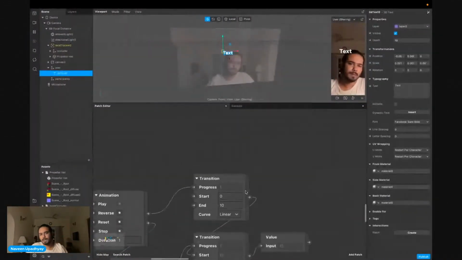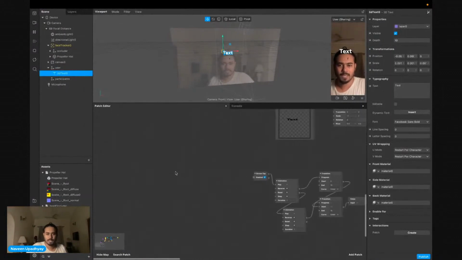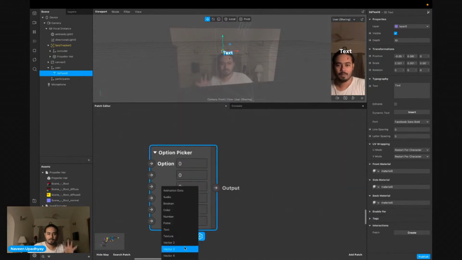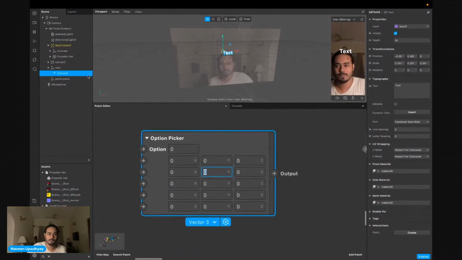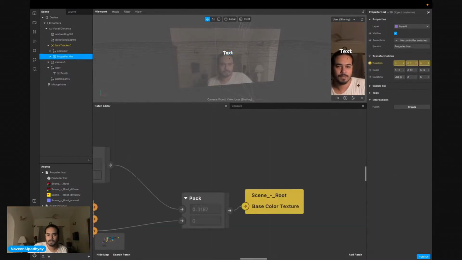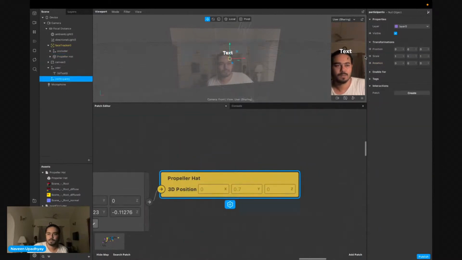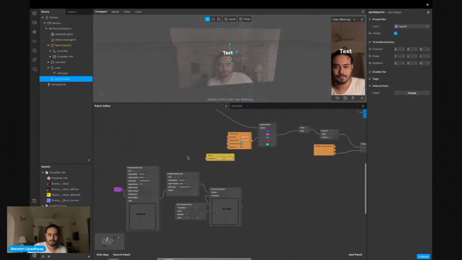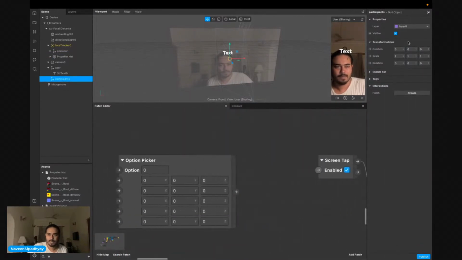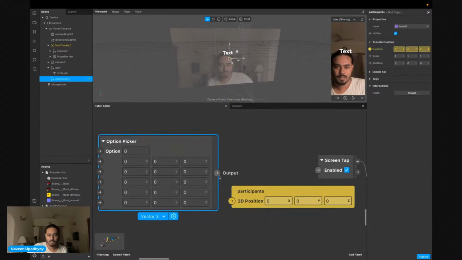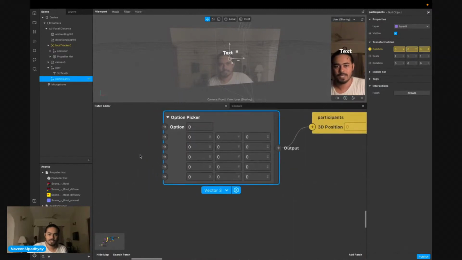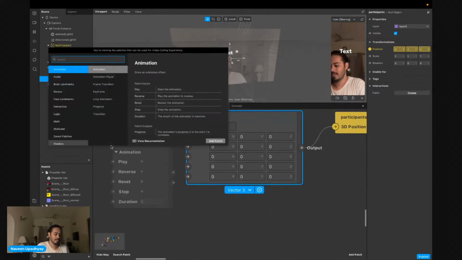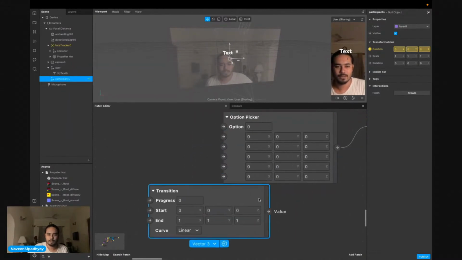Again, you can also do a couple of other things, like if you want to have multiple positions in an option picker. Let's say this option picker has a couple of preset values, where number one does something, and then this goes to the position of my propeller hat, which is something else for now. Maybe this participant. Let's say I want to change the position of this guy. I can change those positions based on some transitions, like some transition is giving values to number one.